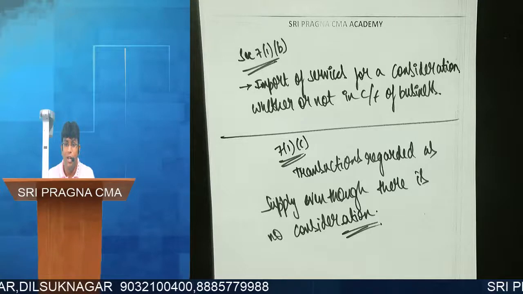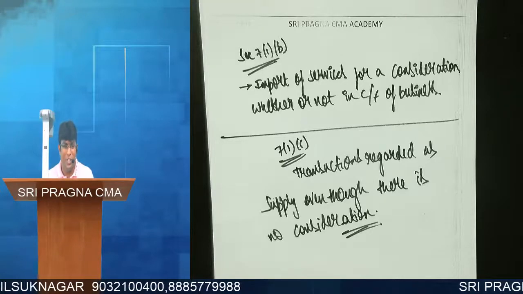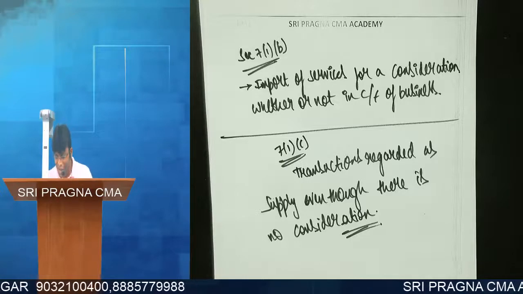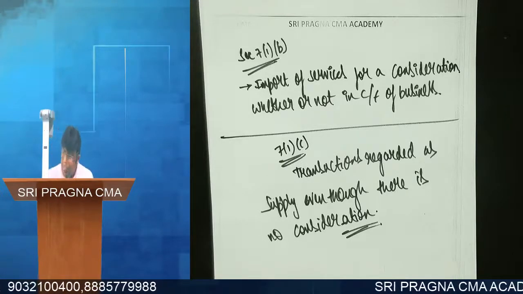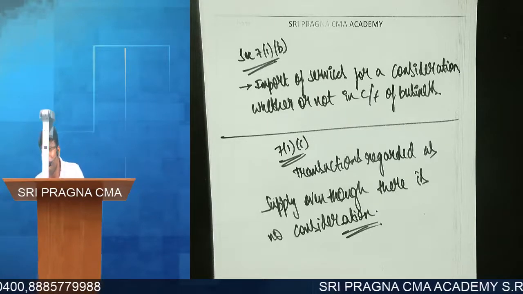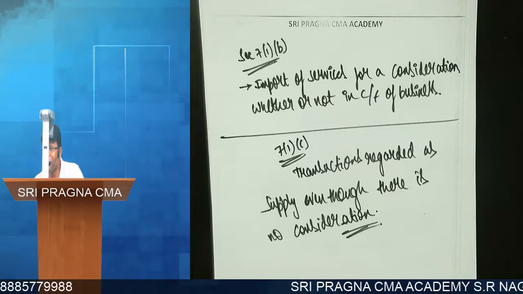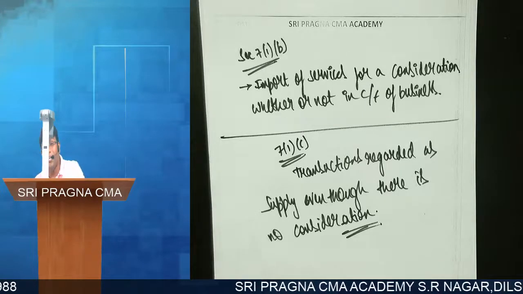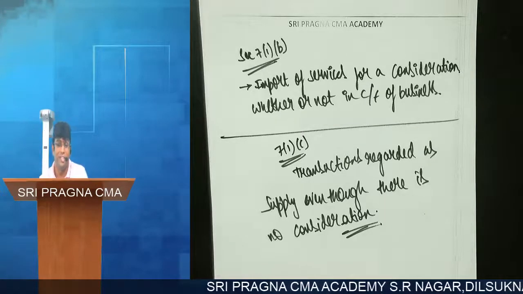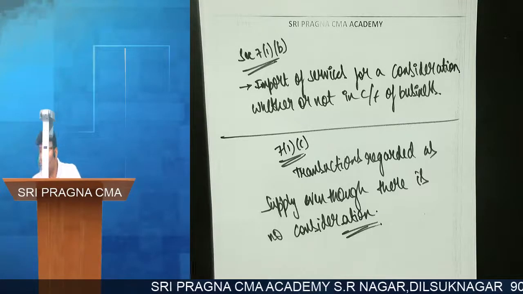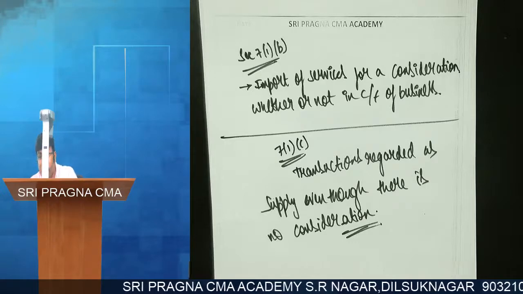Consideration is not there but still pay GST. So dangerous, no? When money comes only, we cry to pay GST. We are talking about those cases where money is not coming but still pay GST. So horrible. Transactions regarded as supply even though there is no consideration but still pay GST. Such a crazy concept which we need to understand in detail. Are we clear, friends?